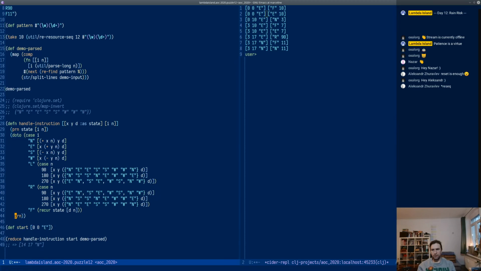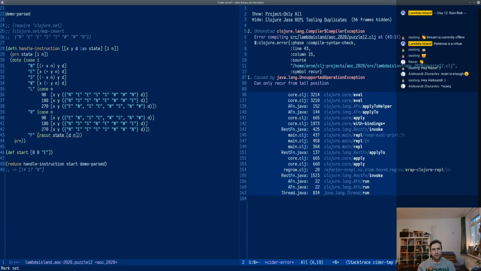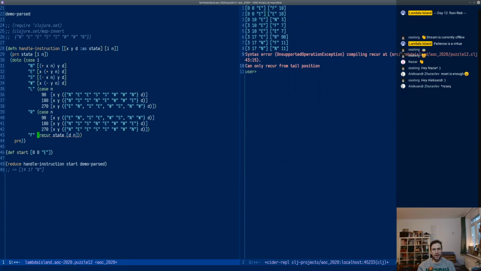Yeah, a little trick if you just want to sort of print out a value of an expression while still returning the same value of that expression. You can do a doto prn. And of course now we can't recur from tail position, or we're no longer in tail position, but I can just turn this into plain old